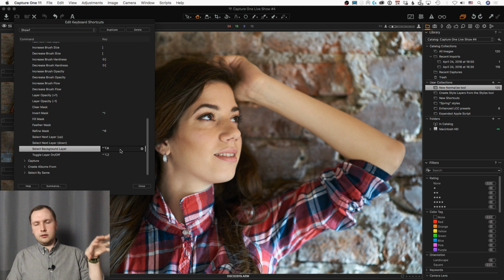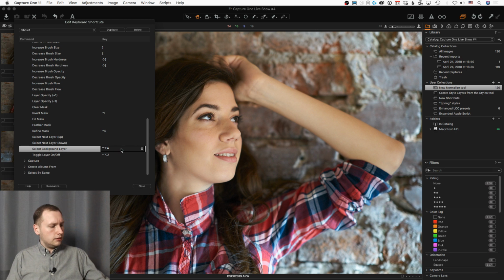The particular shortcuts which you can see right now are not default shortcuts. They're my personal shortcuts. That's why if you wish to set your personal shortcuts for these actions, just go to this menu